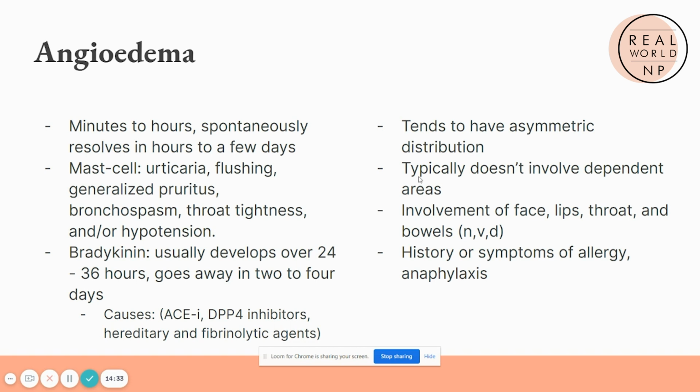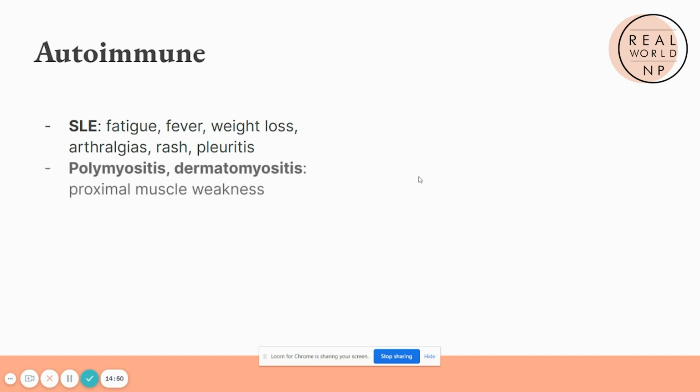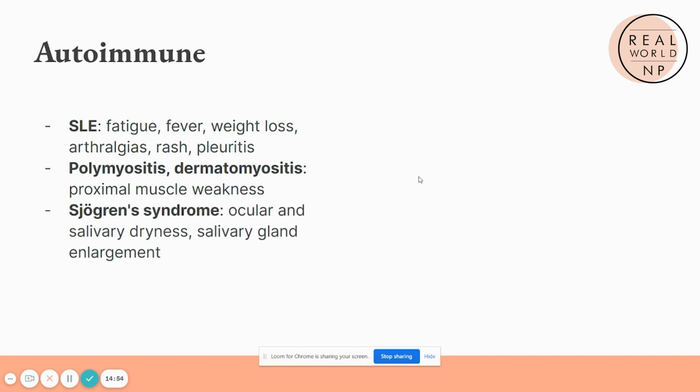It's typically a clinical diagnosis, but if I suspected angioedema, I'd probably get the final blessing from an allergy immunology specialist. So again, briefly, autoimmune and Cushing's. So autoimmune, the top differentials are lupus, polymyositis/dermatomyositis, and Sjögren's syndrome. And like I said, I could go down a rabbit hole for each of these, but